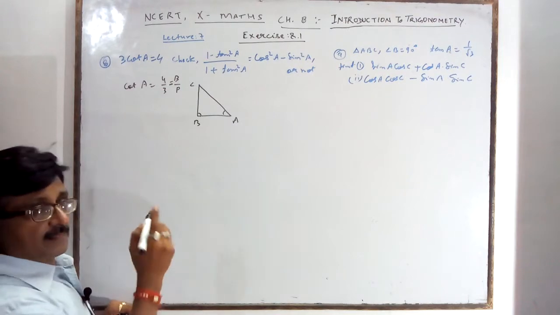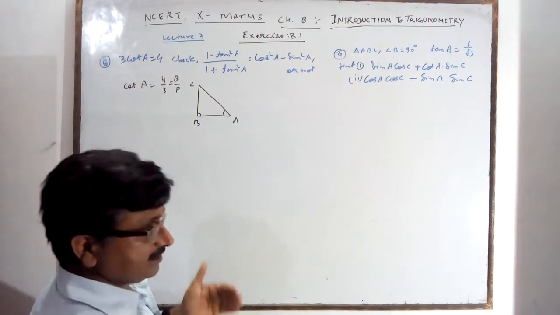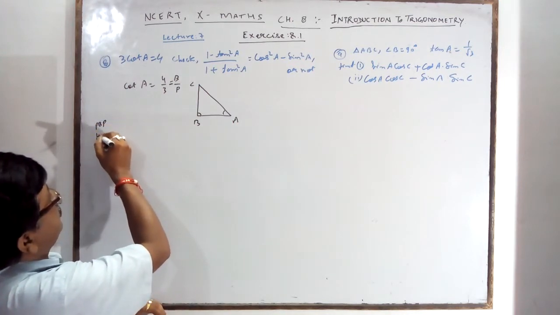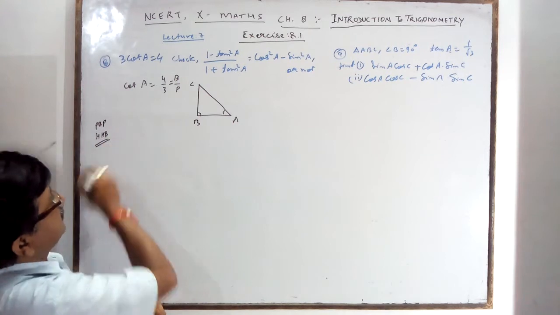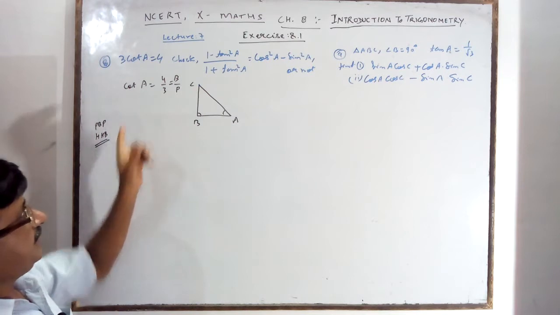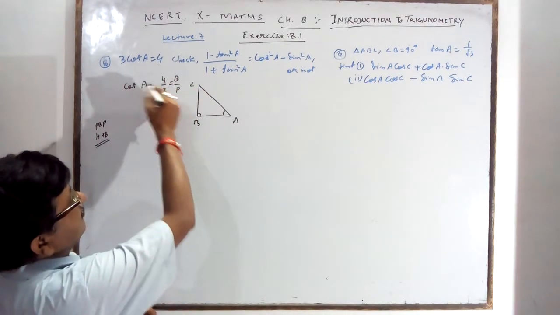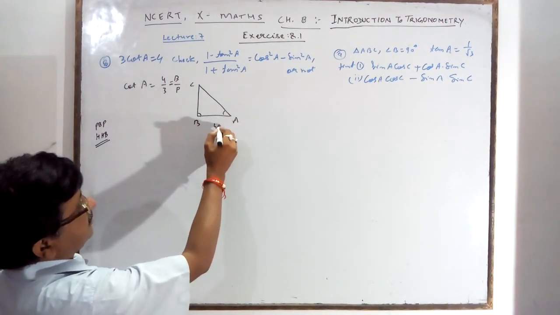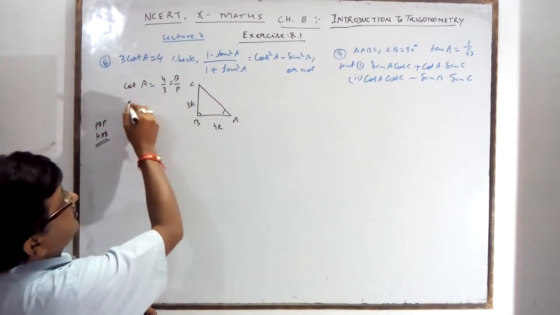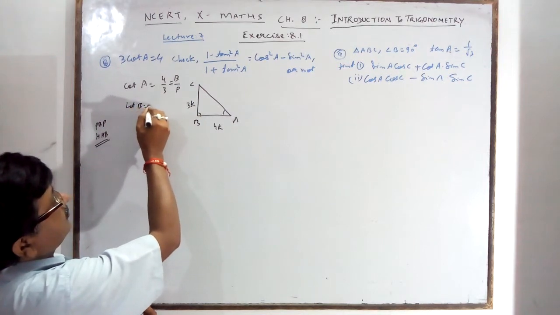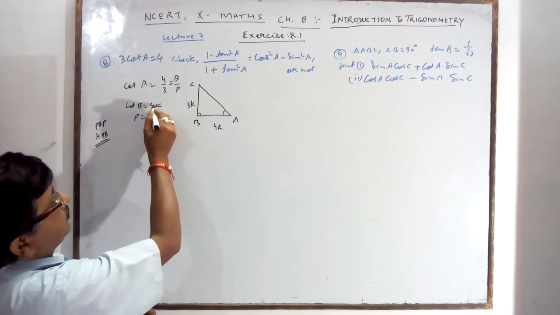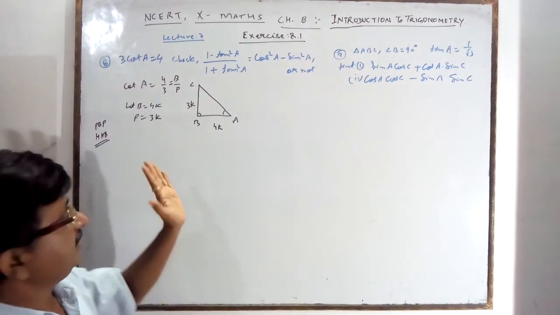I have told you in the beginning and in all the other lectures, Pandit Badri Prasad Har Har Boli. This gives you the relation of sin, cos, tan, cot, sec, cosec. Cot is b by p. Base for the angle A, base will be this, so it is 4k, and the perpendicular is this, that is 3k. You are letting base equal to 4k and perpendicular equal to 3k. I have told you how you will let.